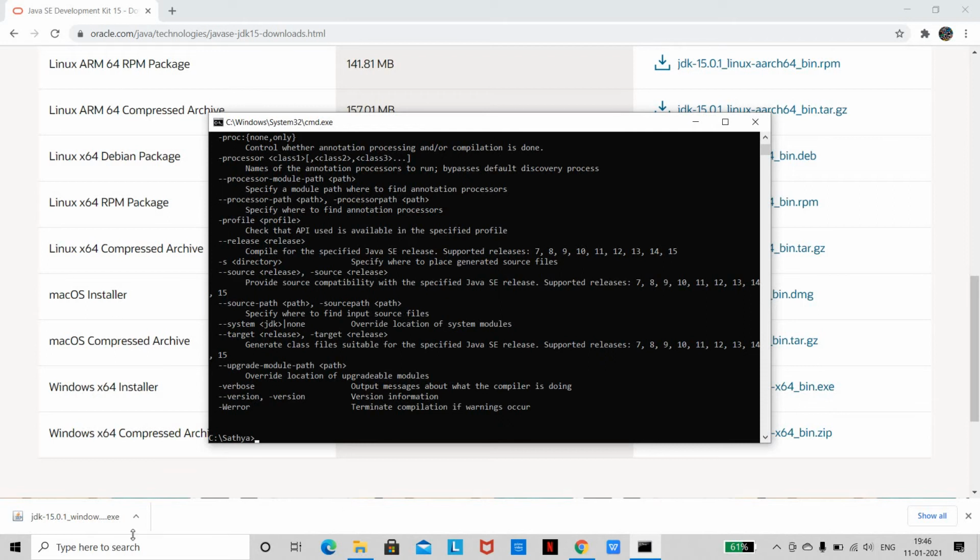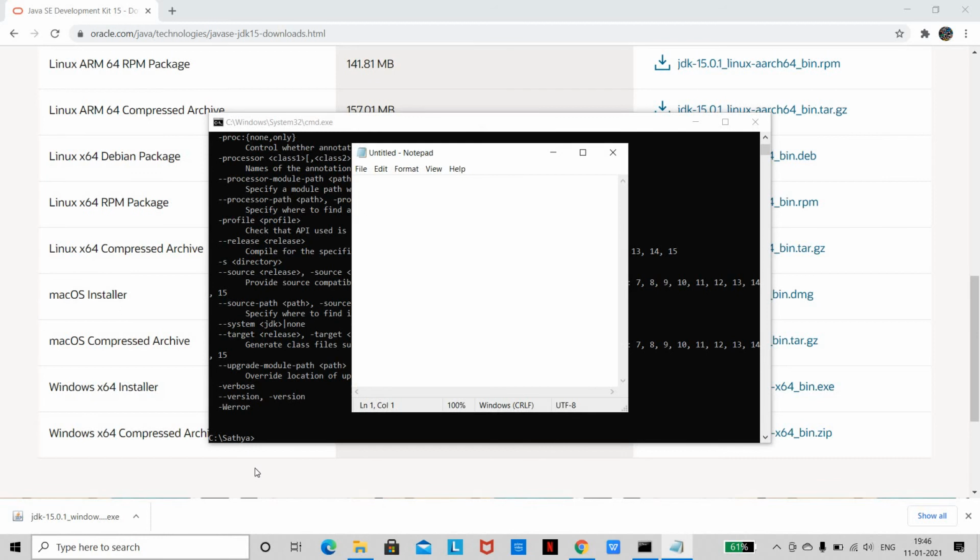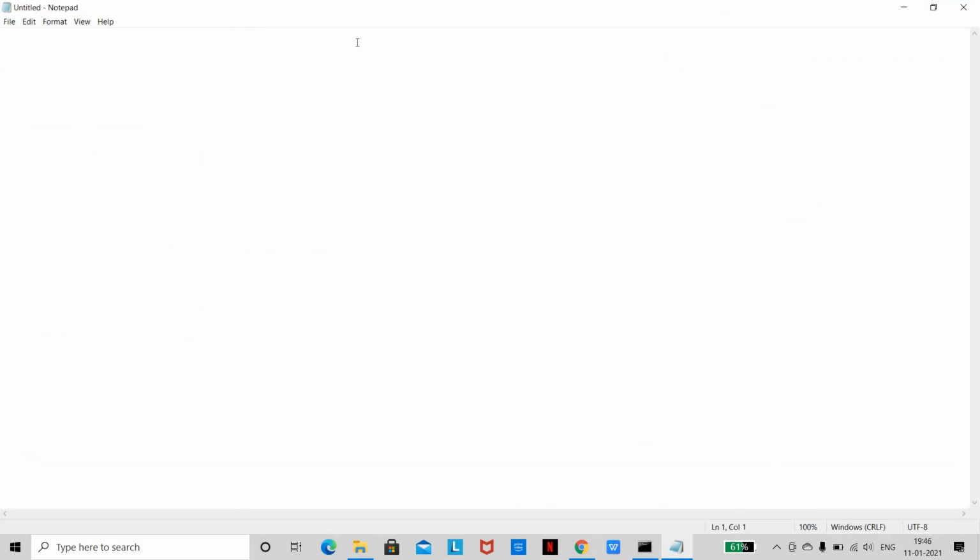Okay, so I'm going to open Notepad. In the Notepad, in order to check whether the Java program is running or not, I'm giving an import java.io.*, and creating a class called example1 and giving public static void main(String[] args).